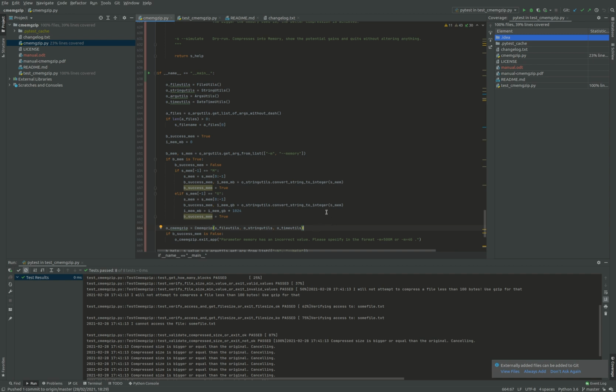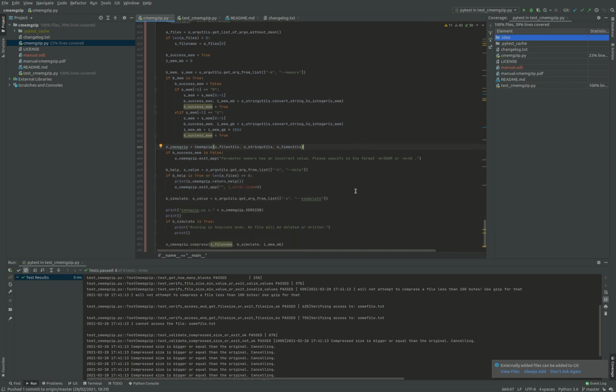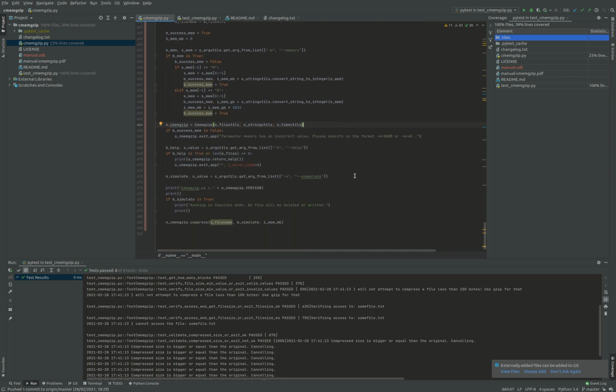And then I will move all this logic to some sort of method that is called validate parameters or alike. And probably I will refactor this compress method